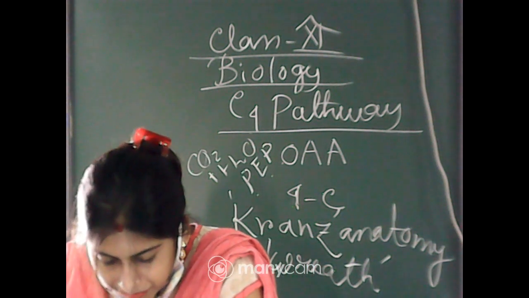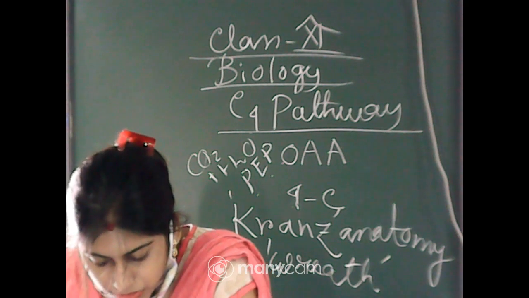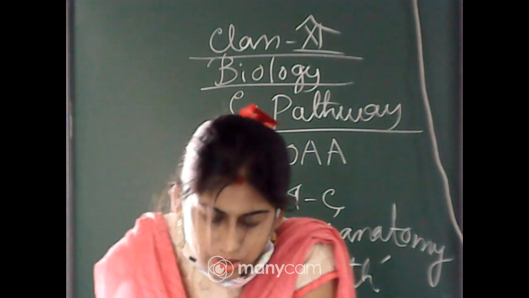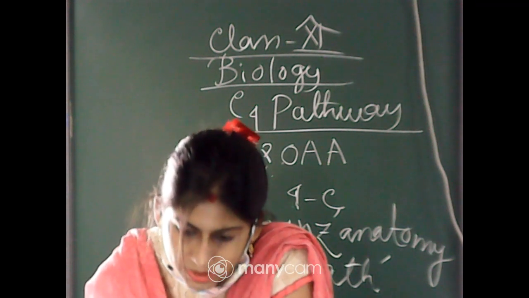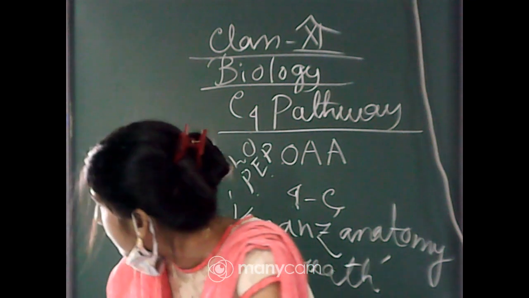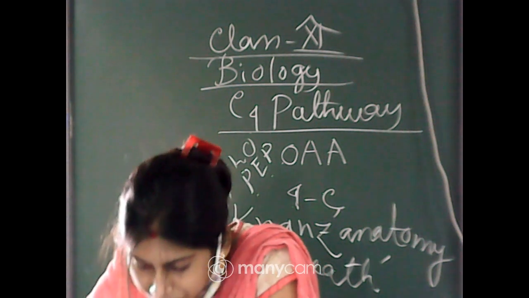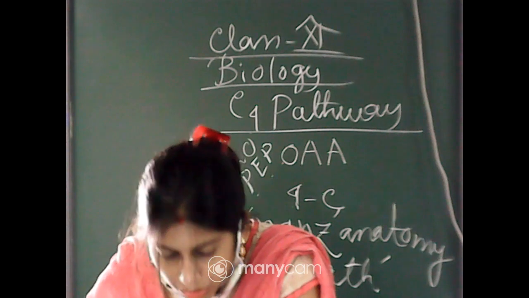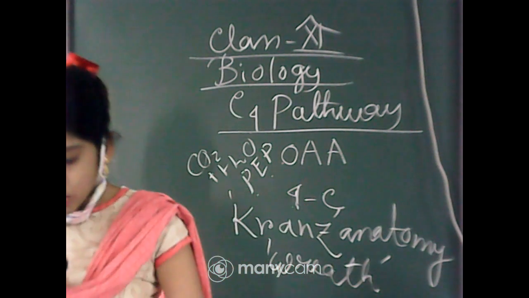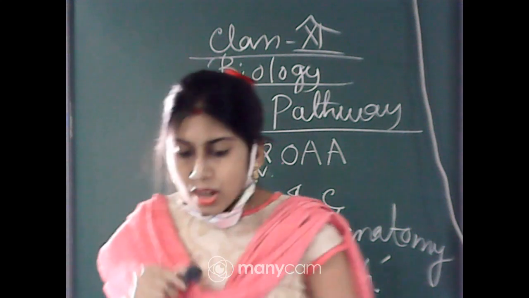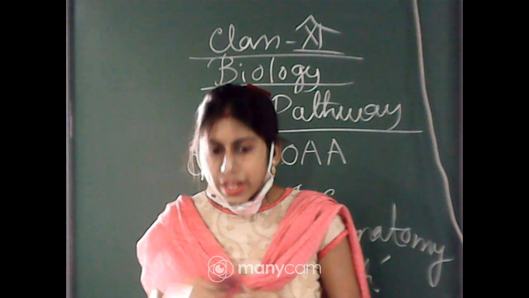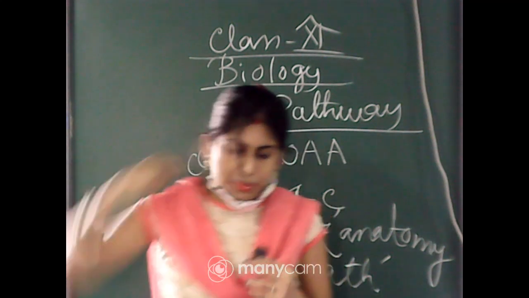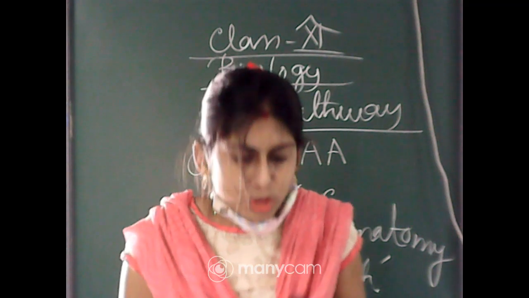Next, the C3 or Kelvin pathway: you know that this pathway is common to all plants, but the position is different. It is different in different types of plants like C3 and C4 plants. Now the bundle sheath cells are rich in ribulose bisphosphate carboxylase oxygenase, that means Rubisco enzyme. For this Kelvin cycle, as you know, Rubisco is required. So in the bundle sheath cell the Rubisco enzyme is present, but pepcase enzyme is not present.